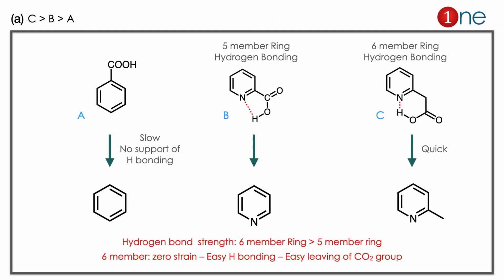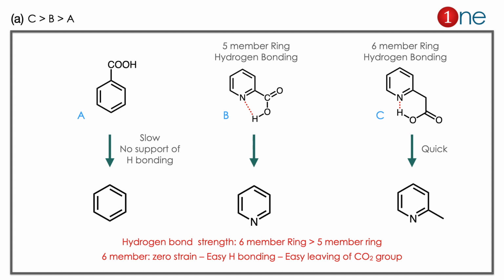Here the order is defined by the hydrogen bonding. Let us look at the 3 structures A, B, C. At first we look at B and C. Here B and C have the carboxylic acid near the nitrogen. The nitrogen is electronegative and the carbonyl group oxygen is also electronegative. B can form hydrogen bonding as well as C can form hydrogen bonding, but the difference is ring size. Here B forms a 5-member ring, C forms a 6-member ring. C is a much more stable one because of the ring size. 6 is perfect for carbon because of its tetrahedral architecture. So B will be a little bit less because of its strength. A doesn't have such assistance of hydrogen bonding.